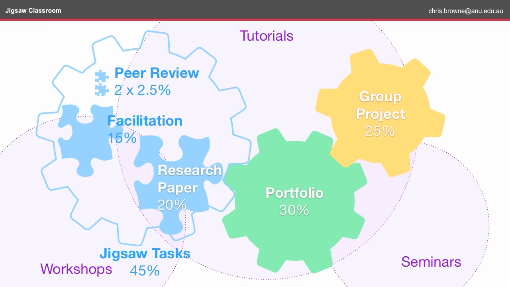The workshops are really there for people to prepare early. So you're typically there for the research paper authors and the facilitators. Sometimes you see some of the peer reviewers there, but the peer reviewers really picked up in the tutorials, where a lot of the group project work happens and a lot of the knowledge that would then go into the